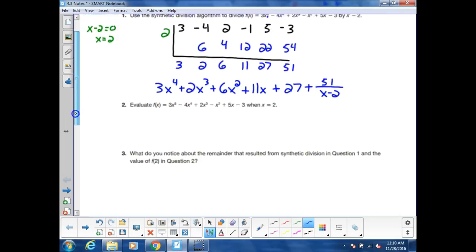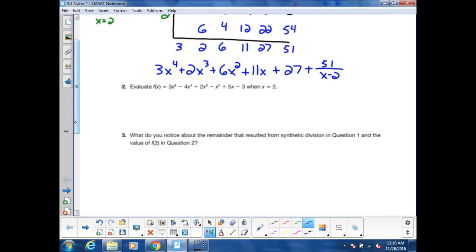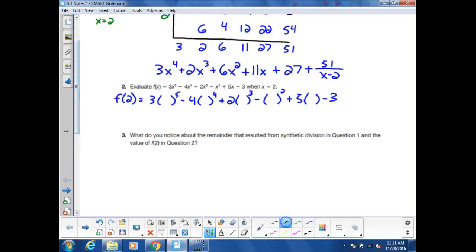Evaluate then f of x, and it goes the same thing when x equals 2. So I want f of 2 to be 3 times 2 to the 5th power minus 4 times 2 to the 4th power plus 2 times 2 cubed minus 2 squared plus 5 times 2 minus 3. All right, so 2 to the 5th power is 32. 32 times 3 is,